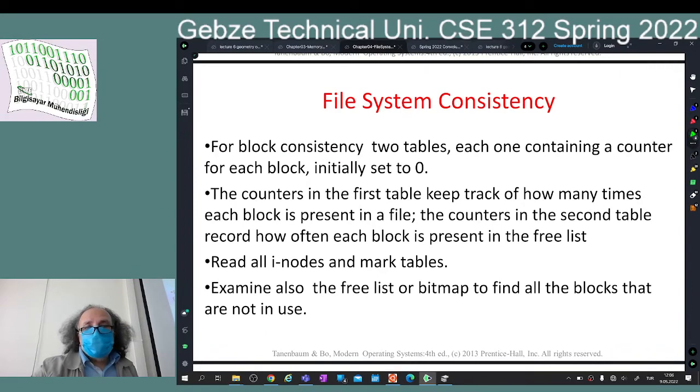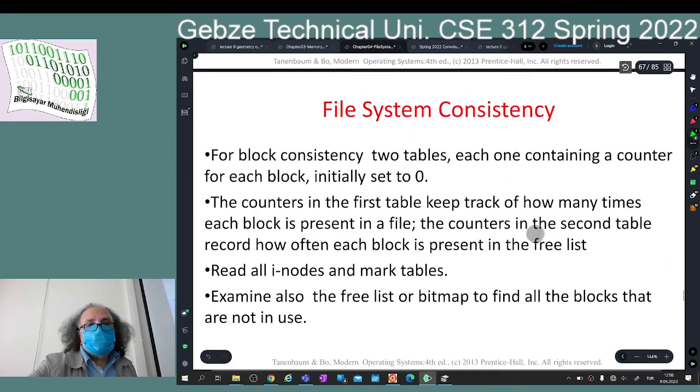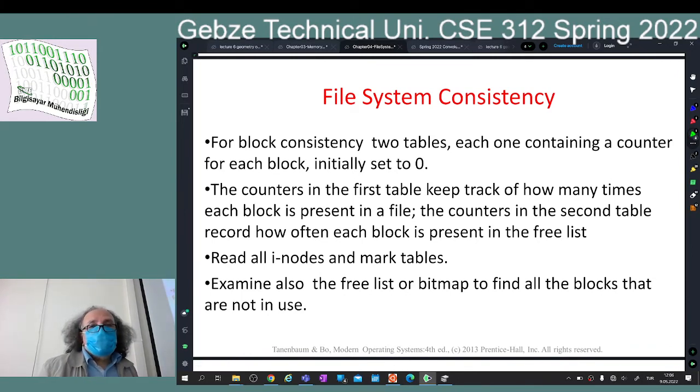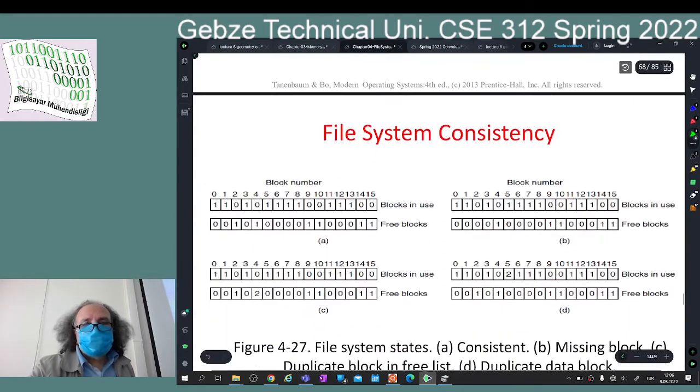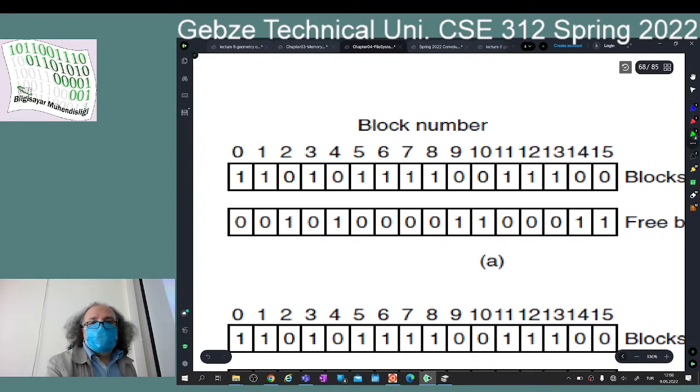So when you run this program, the file system check, fsck, it keeps two tables. One contains a counter for each block, initially set to 0. So two tables like this, table number 1 and table number 2. Each one will contain